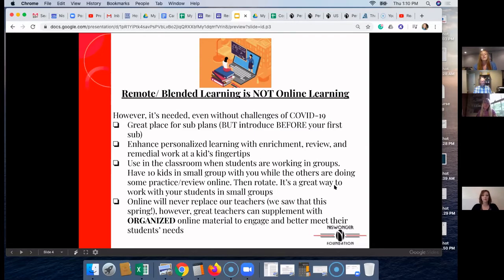And so I would use this usually around once a week in my class, just so I could split them up. I'd have some kids working online doing something, I would have some kids working from the textbook, and then I would have 10 kids in front of me. And so I was able to cut that group down into just 10 kids and really talk to them in as close to a one-on-one environment as I could. And then you just rotate the kids around. And so that was always such a great way for me to use online resources within my classroom, so I could really get face to face with all of those kids.